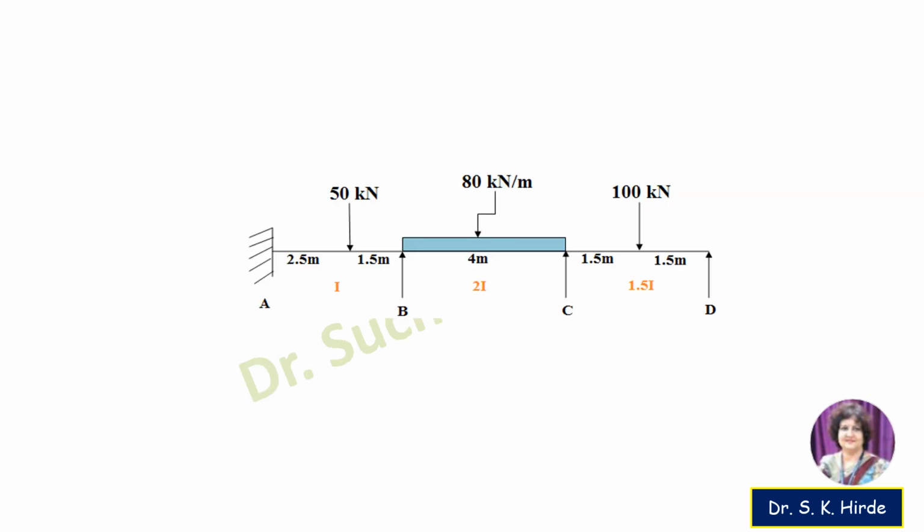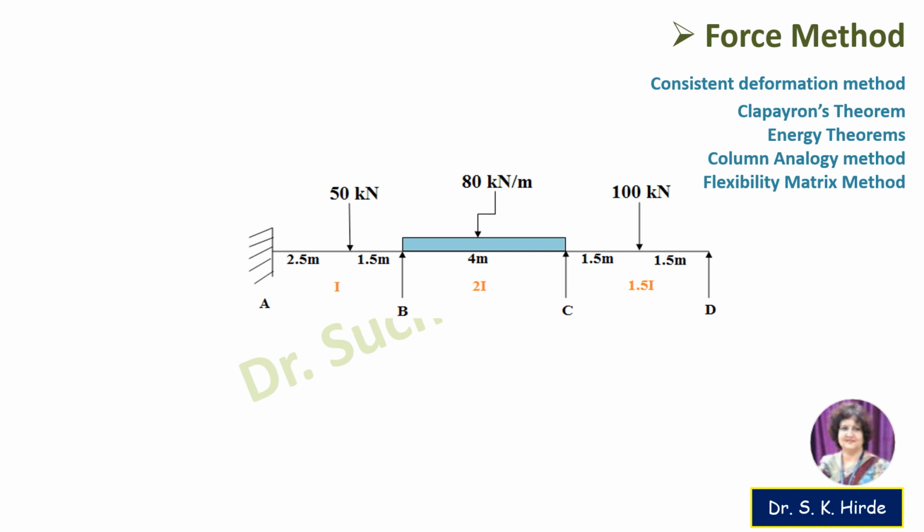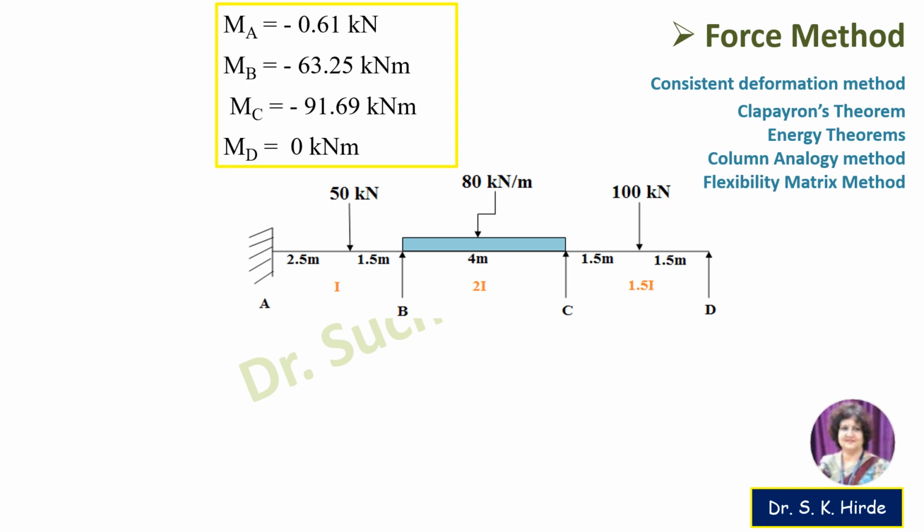It is very easy to draw bending moment diagram after solving the beam using force method. In this, first of all, you have to draw the baseline like this. If you get the value at the joint as negative bending moment value, you have to draw the ordinate above the line. If you get positive value, you have to draw the ordinate below the line. Now, first of all, mark these points where there are supports A, B, C, D.